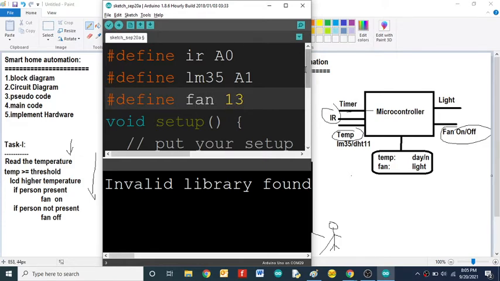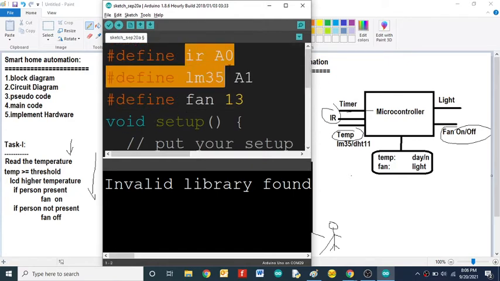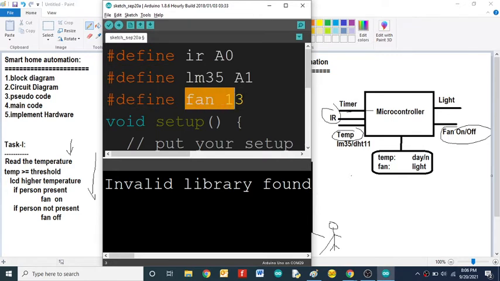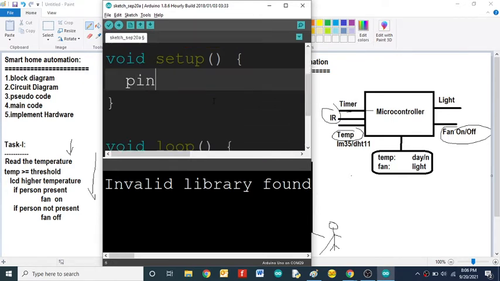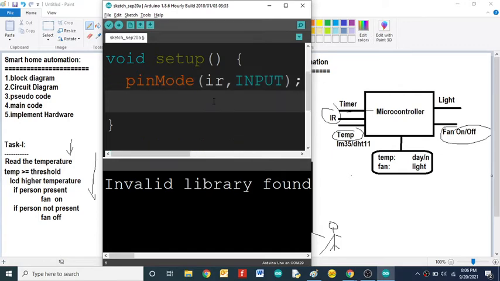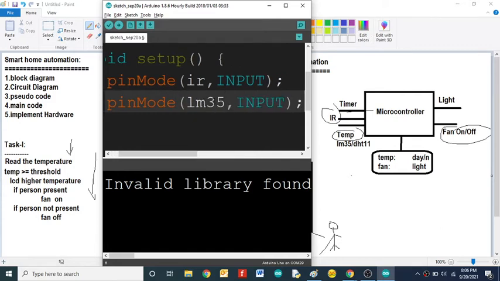Now you have to make these as input and output, right? So here these two pins are input and the fan is the output. Make it as an input and output using the pinMode function. PinMode, so IR becomes input. And again pinMode LM35, again it is an input, right?